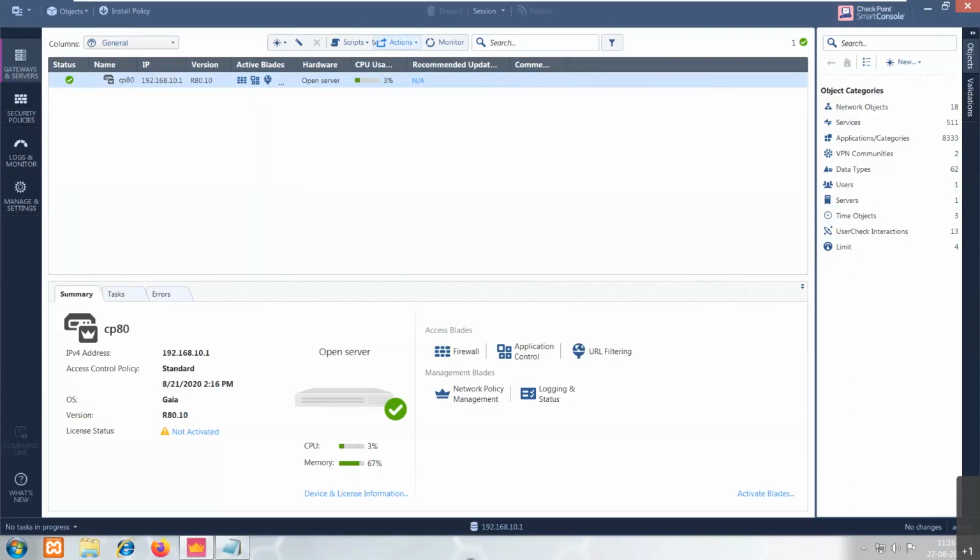Yes, I'll be sharing this Checkpoint image, right? So you'll also be able to install it on your computer. I'll show you how you can install it on your computer, and then how you can write policies and do the practicals also. So it's not that only I'll be doing the demonstration.